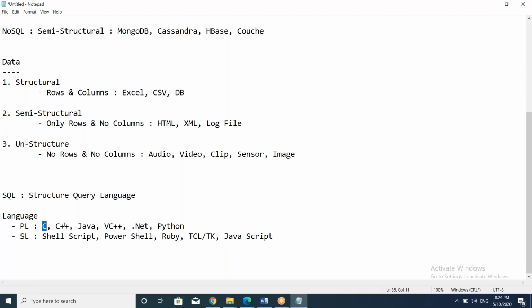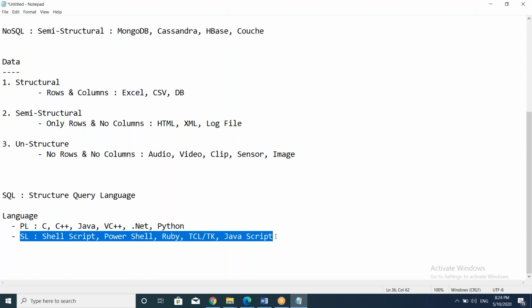But in programming language, what will happen? Only if the complete code in your program is 100% correct will it run, otherwise it will not run. So first you have to make it error free by compiling, then only you can use it. So here a compiler is used, but in scripting language an interpreter is used. Line by line it will interpret and give you the output. Error means error, correct means output for that line. That is one difference.